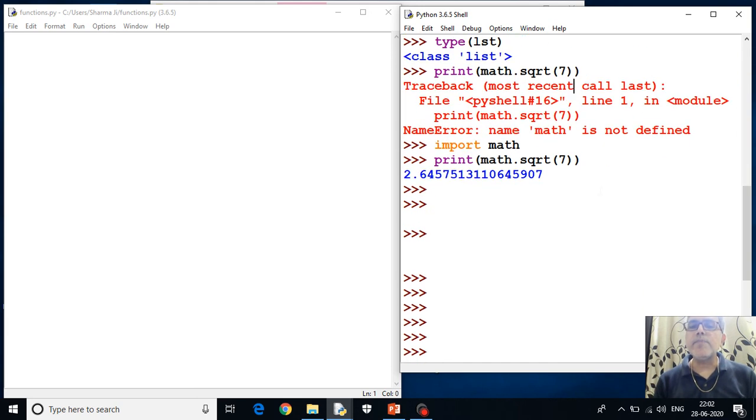First you have to give the import statement. That means you have imported all the functions defined in the math module, and then you are using one of the functions defined in it. How do you use that function? By typing the name of the module first, dot, the name of the function, and then the data on which you want the function to work.